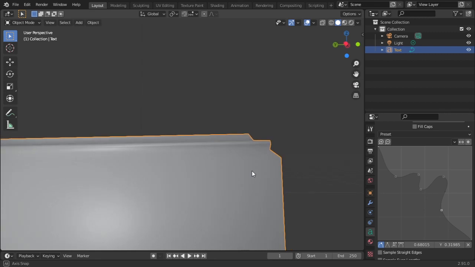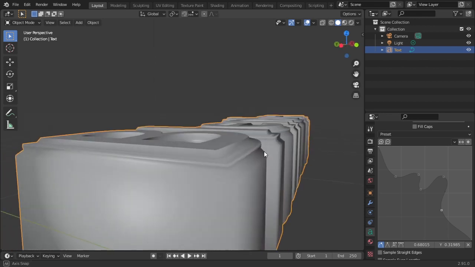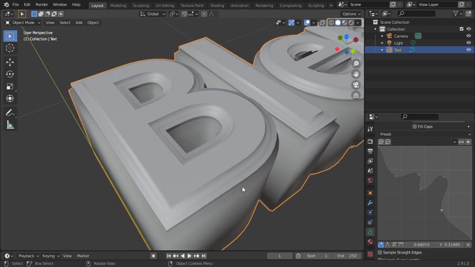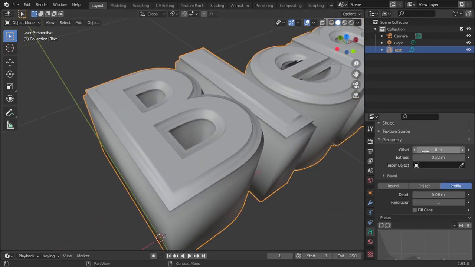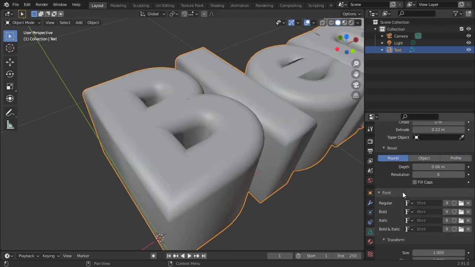The way we are creating a curve here, that is the kind of curvature Blender is going to create on this text, and it gives a wonderful look to the text as well. So that's for profile. I will go to round.